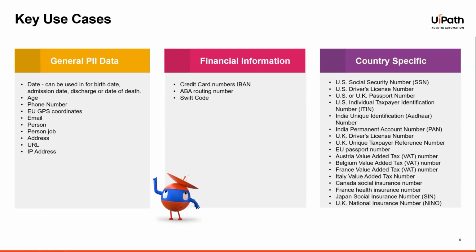Some of the key use cases. When working with AI, it is critical to protect all types of PII. This includes PII like dates, age, phone numbers, email addresses, and so on. It also covers financial information such as your credit cards, bank account numbers, or routing codes. And finally, there's country-specific data like US Social Security numbers, UK national insurance numbers, and other national identifiers. Basically, this feature ensures that all of this sensitive data is masked before reaching the LLM, so nothing